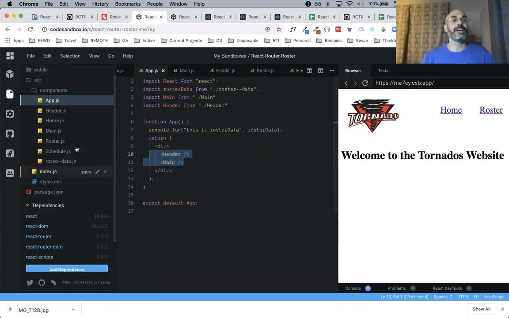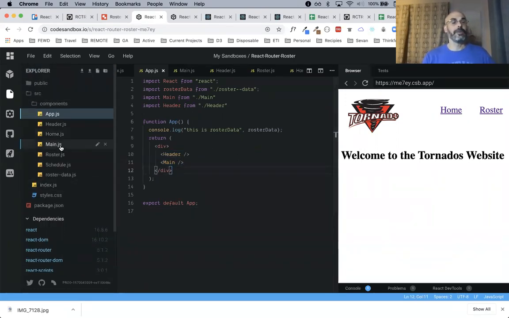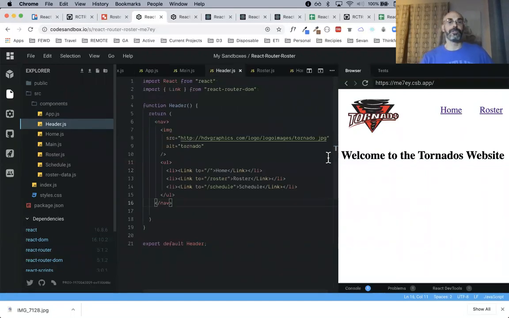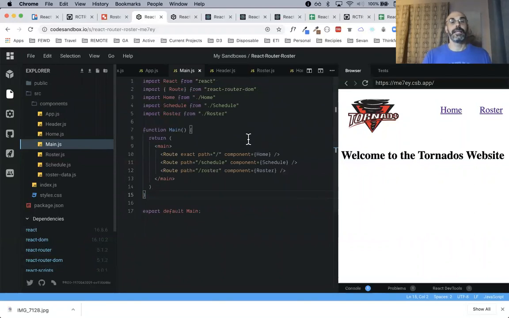And so I took the logic that we had here, and I'll start with header because header is the nav, and I just moved the whole nav into header. Doing so, I needed to also import link because that's where link is being rendered. In main, I needed to import route because we're creating our routes, and I needed to import the 3 components that were originally being imported in app, which are now being imported here.